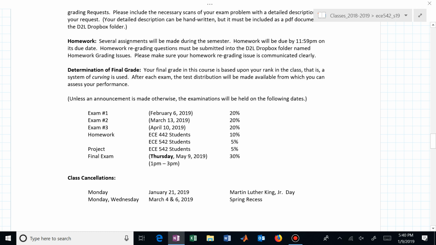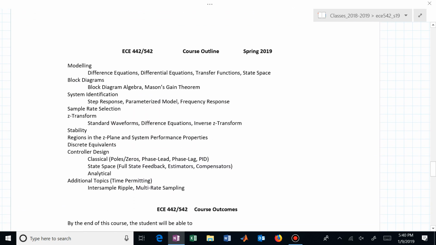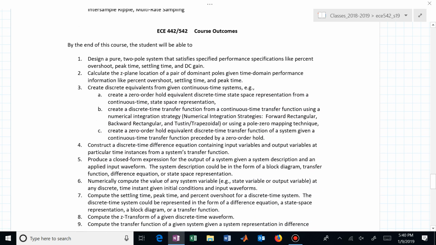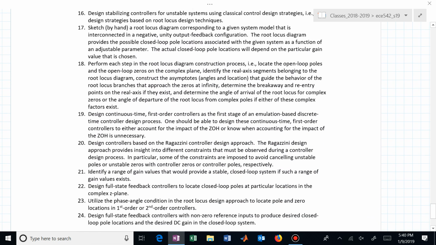And you do have a few times that we break. One is for the MLK holiday coming up shortly. The other 2 periods are the spring recess or spring break in March. This is really the outline of the course, and I'll let you study that on your own time, and then I have a list of about 24 different objectives,